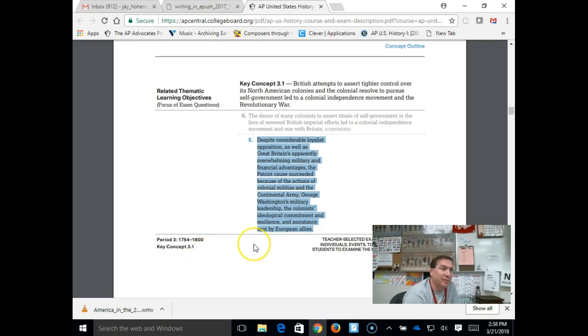So let's peel this apart, because there's a bunch of strategy stuff we want to know for our wars. Every single war we've studied in our class only needs to be known on these levels. Number one, what caused the war militarily? And so this is going to be Lexington and Concord will be the moment that started the war.